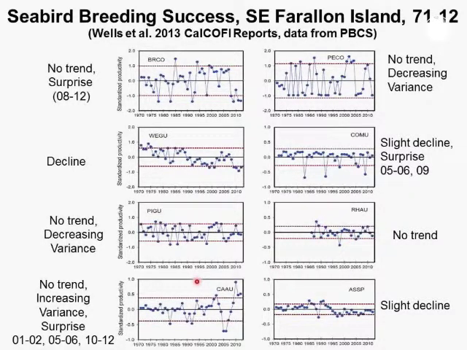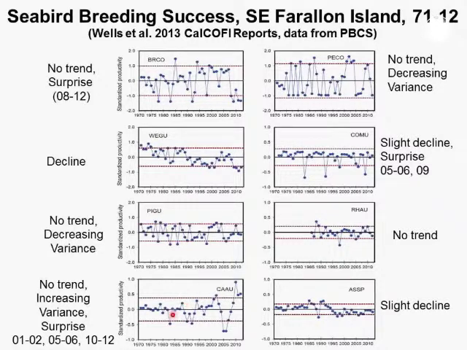This is the most interesting one, Cassin's auklet. That's why I tend to focus on it. So we don't really see a trend. If you run a regression line through these points, there's no trend in the mean values of their reproductive success. It's constant. But definitely there's a change in variance, and in fact, in this case, the variability of the auklets